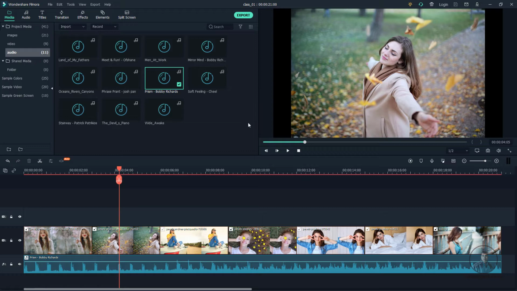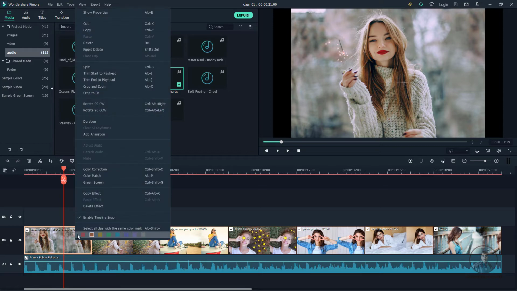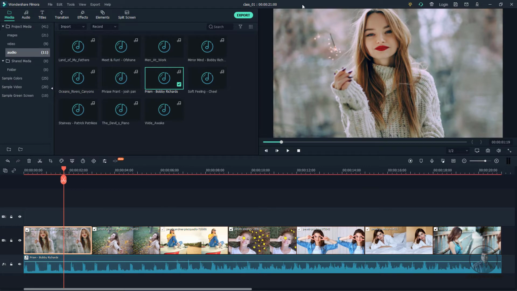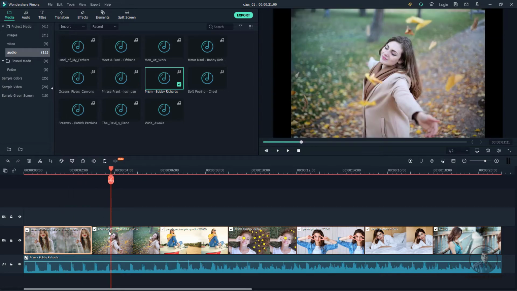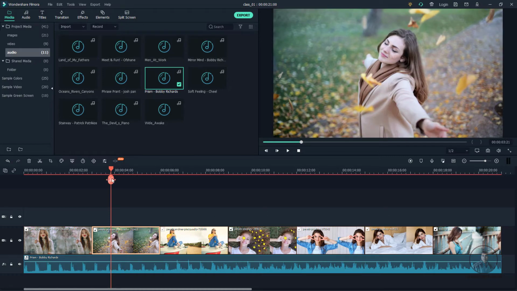Suppose you want to correct this. For this, simply right click on any media which you want to fit into this viewer or this frame. Right click, and here you will get the crop to fit option. It will zoom the clip a little bit, crop from the top, and fit it here. Let's check it again, crop to fit. Now you can see it has fit your media, but it has also cropped your media a little bit. Again right click and simply crop to fit. Again same thing.